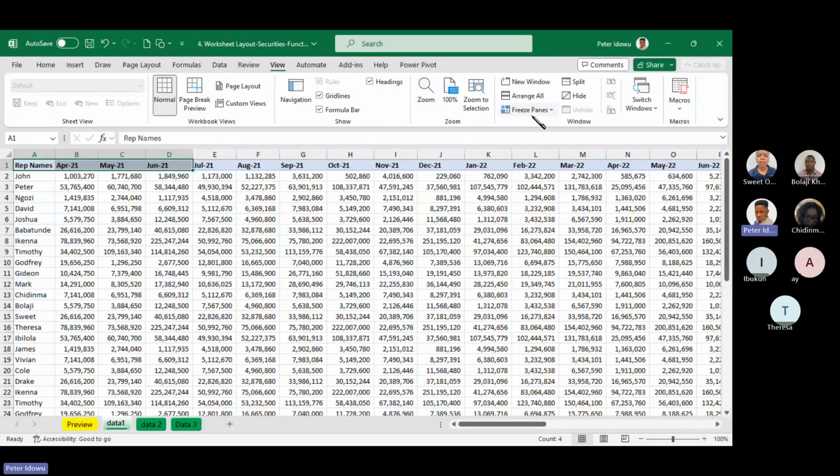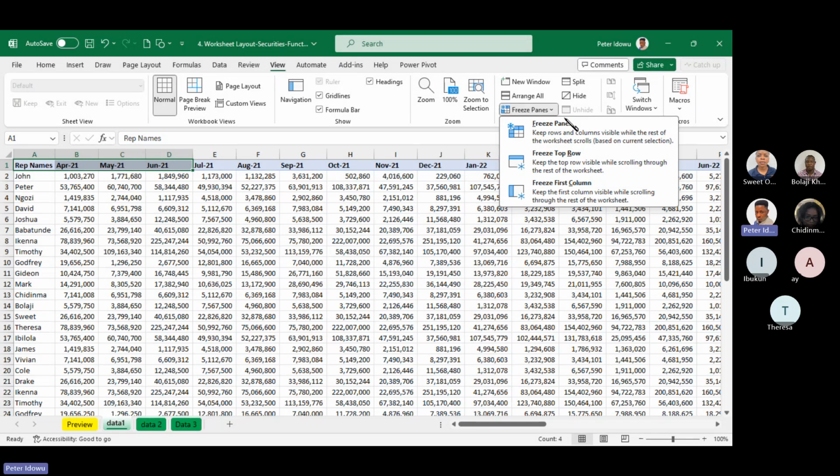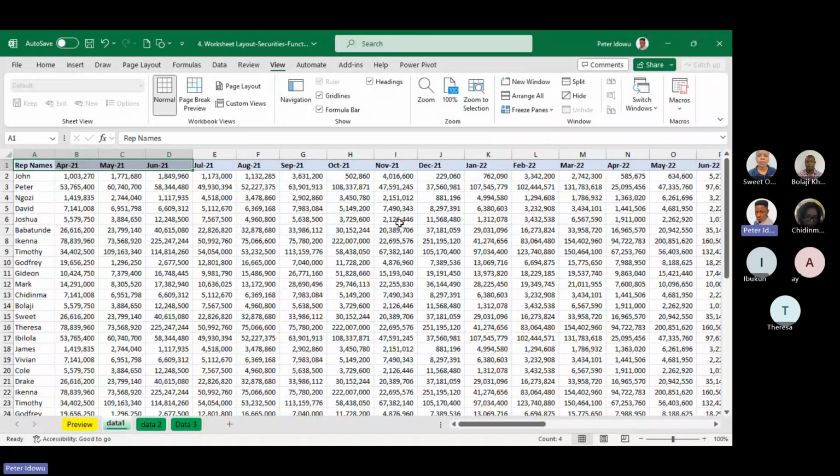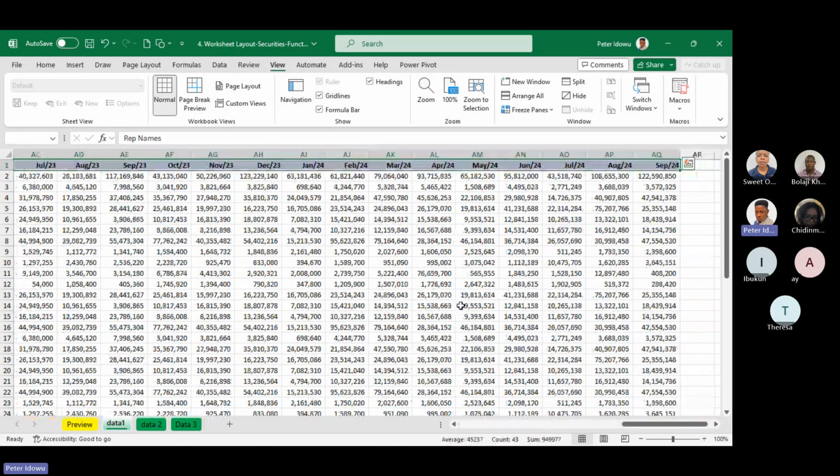You have Freeze Panes here. If you click down, you would see Freeze Top Row, Freeze First Column. If I click on Freeze Top Row, it simply means that I want these column headers to remain such that when I drag down, I'll be